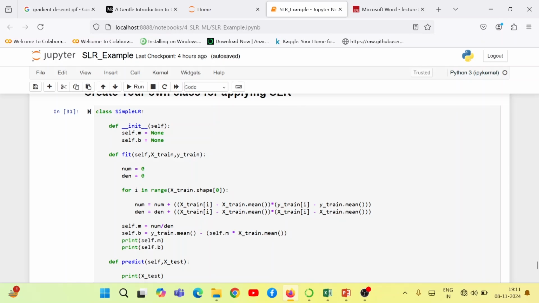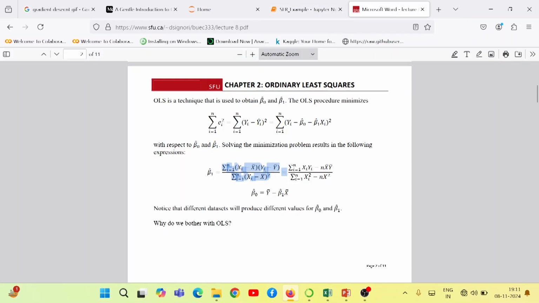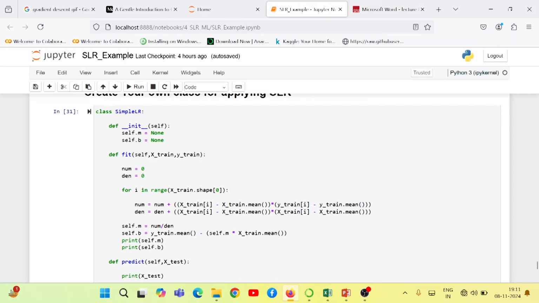Similarly for the denominator, the same thing we have implemented over there. That is nothing but xi minus x mean whole square. So I have represented it this way: xtrain minus xtrain mean multiplied by the same component, right? So that will give me the denominator. If I put these two things together, numerator divided by denominator, this will return the value of m